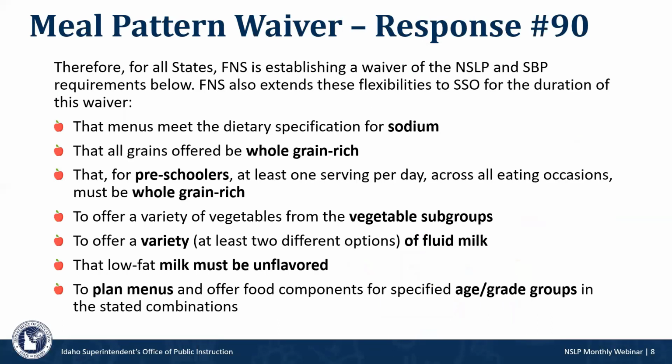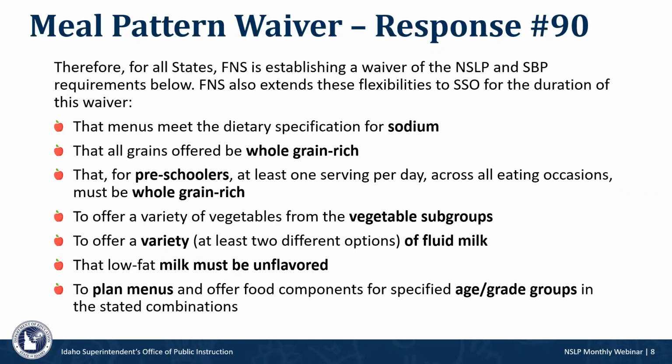Now, the meal pattern waiver request form is separate. USDA memo COVID response 90 granted 7 different areas that could provide some flexibility for this school year, but each of those scenarios has to be reviewed and approved by the state agency. So when you submit the waiver, you elect which one of those 7 that you're encountering problems with. The state agency will review them, review what your plan is, and send you a letter identifying what approvals you have received. And you do need to retain that approval letter.